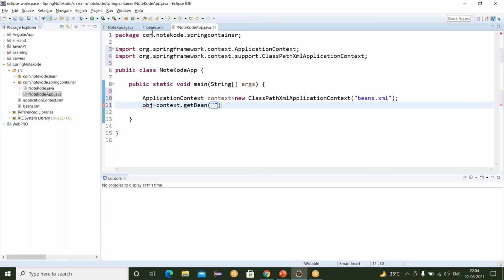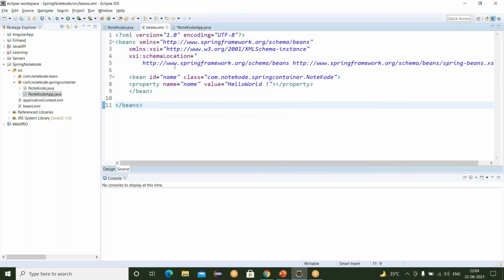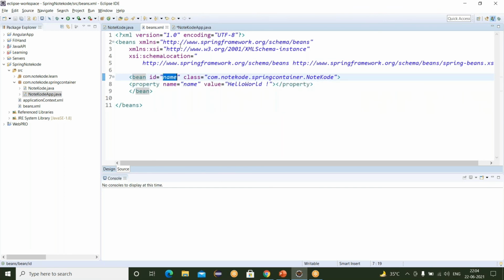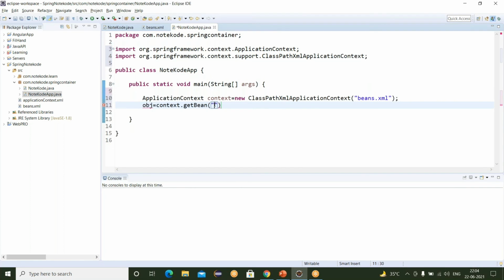The bean ID is what is declared in the XML configuration file. So our ID name is name. I am just writing the same here. Okay, let me downcast this.